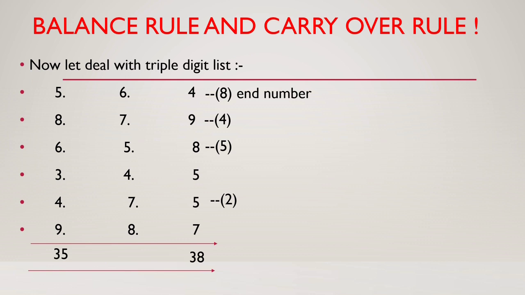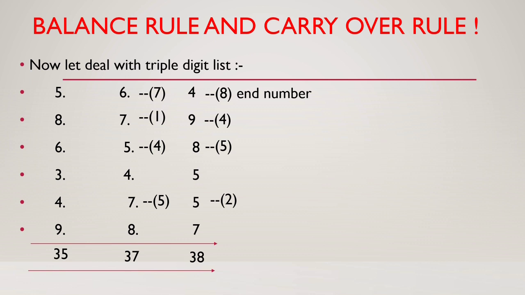Now the tens place solution. So 8 plus 7 is equal to 15. We placed 10 and we added 5 to 4. We got 9. 9 plus 5 equals 14. We dropped 10 and carried 4 again. Then we add 4 plus 7 is equal to 11. We dropped 1 and carried 1 to the next number, 7. So here we got our answer 37.